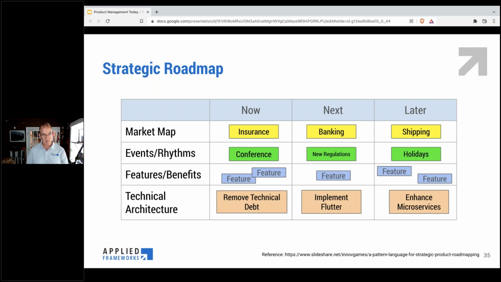And the SlideShare link there will allow you to view the entire chapter. It describes this pattern on strategic road mapping in a lot more detail, provided by our colleague Luke Homan. So, a very powerful tool. It works great online with tools like Miro and Mural, but also when you're doing this in person, on a big wall or whiteboard where you can all work together to build this out over probably a number of hours, and then come back and update it on some frequency, typically quarterly.